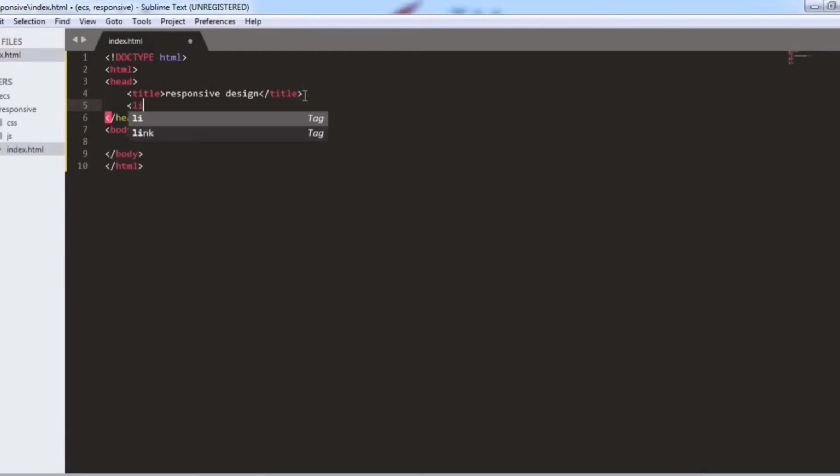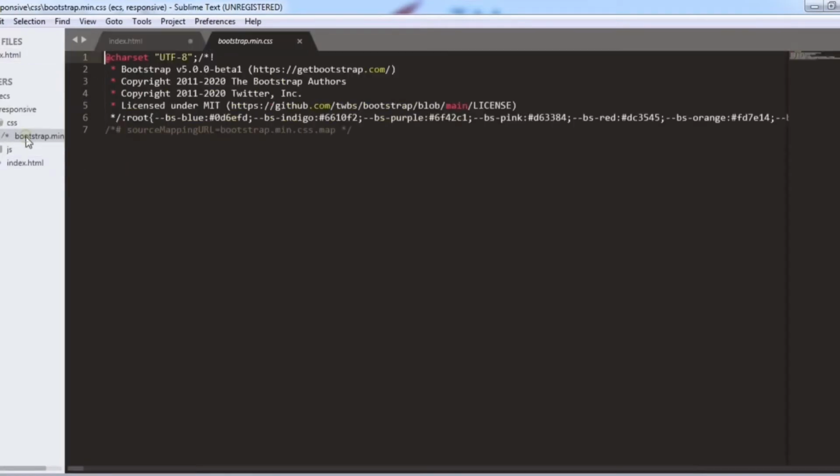In the next line I will write the link. The link I am giving is the CSS file. First I am linking the CSS file, which is made here.